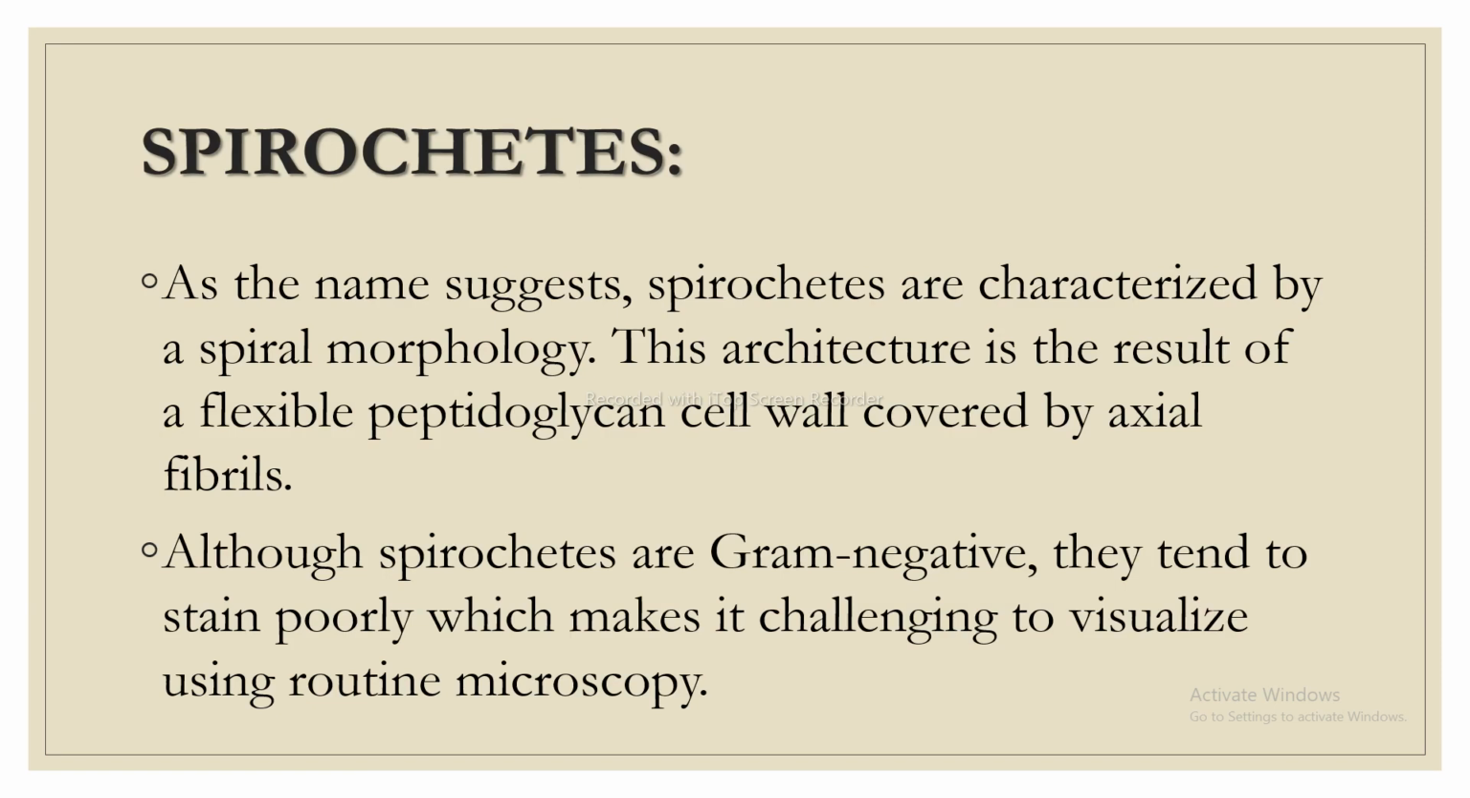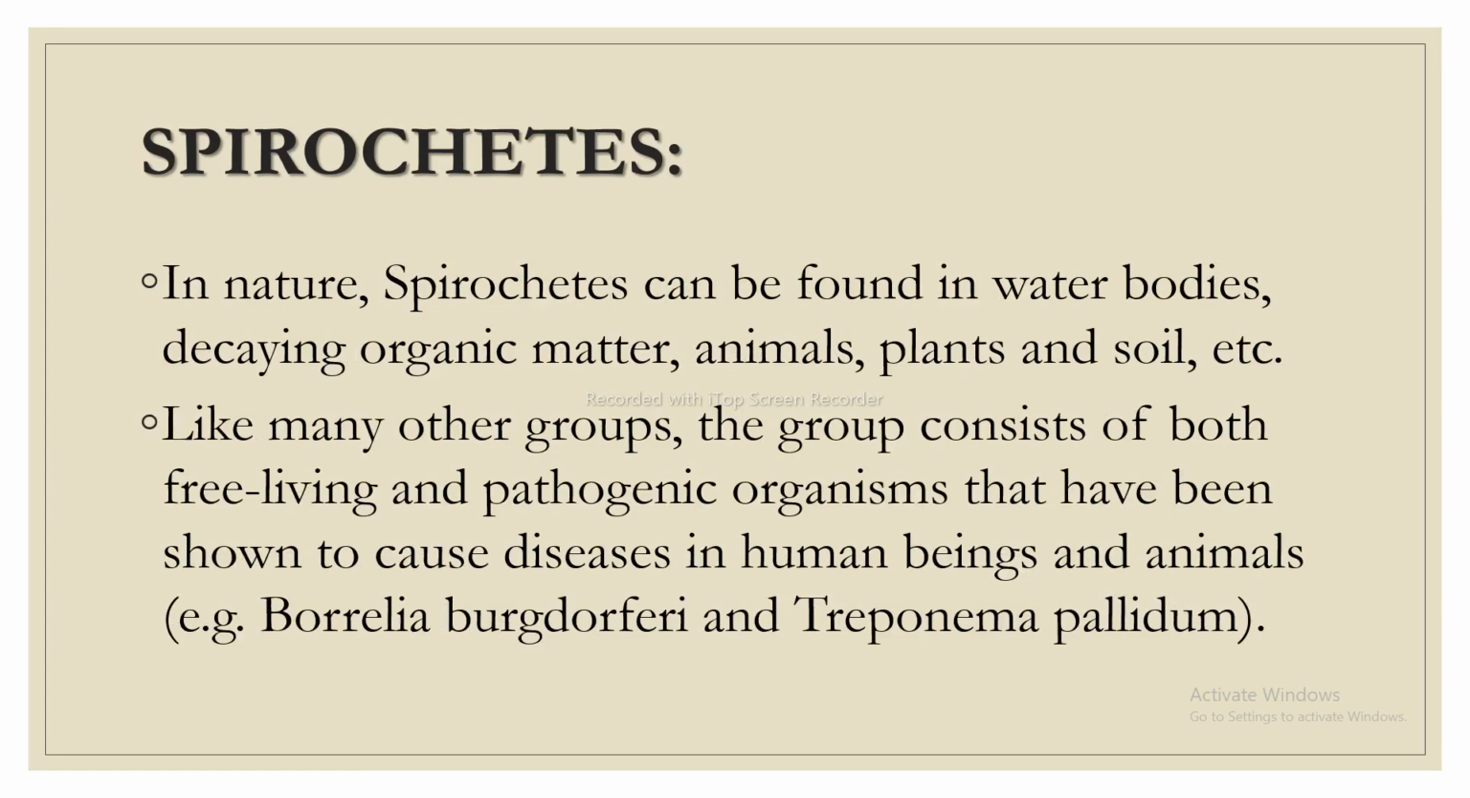All the spirochetes are gram-negative and they tend to stain poorly, which makes them challenging to visualize using routine microscopy. In nature, the spirochetes can be found in water bodies, decaying organic matter, animals, plants, and soil, etc. Like many other groups, the group consists of both free-living and pathogenic organisms that have been shown to cause diseases in human beings and animals, for example, the Borrelia